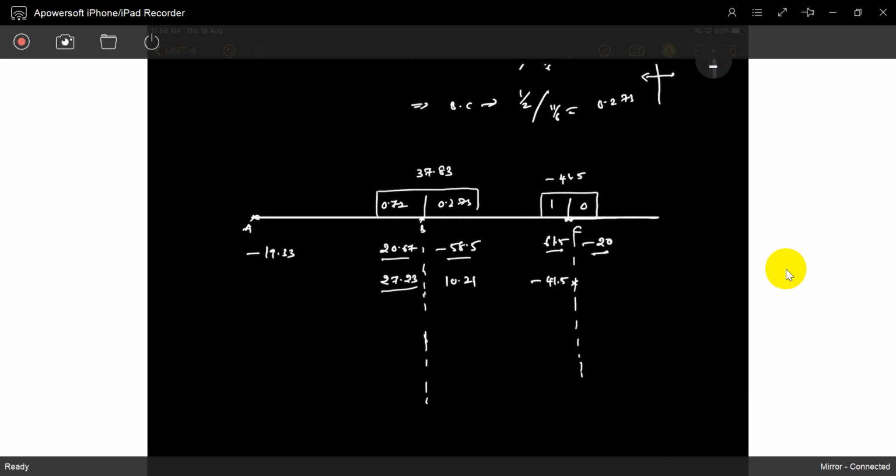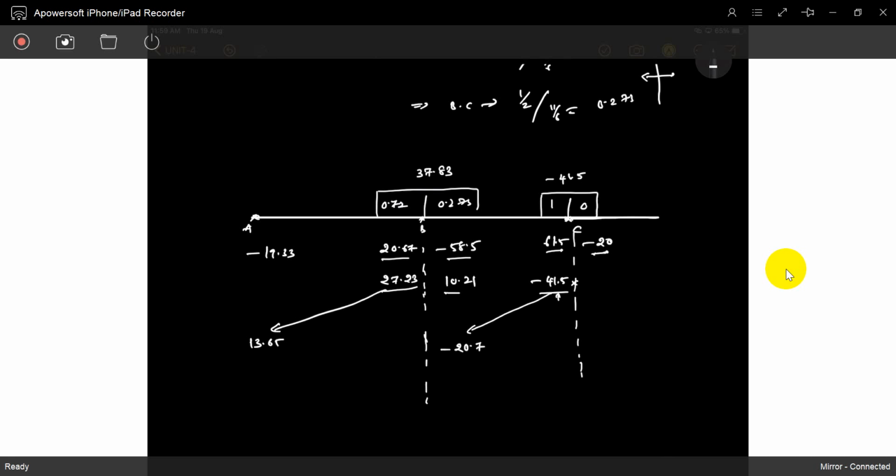It's 27.23. A is a fixed end, so automatically carryover moment will go. How much? 27.3 divided by 2, half will go. That moment is 13.65, in the same direction. But observe one thing: extra will come. The 41.5 you applied here, its carryover moment will go to this. 41.5 divided by 2 is minus 20.7.